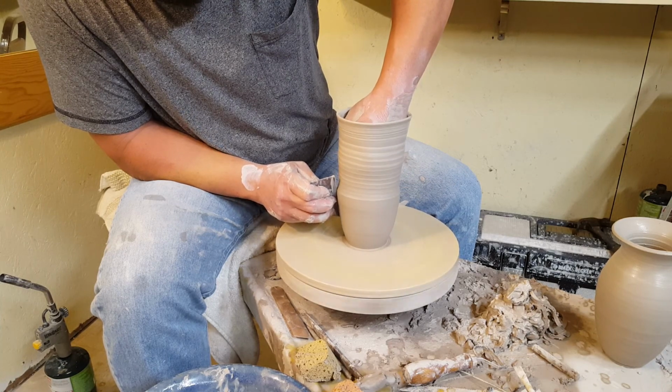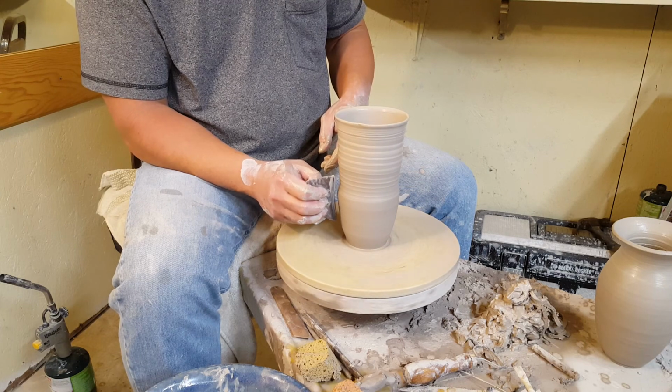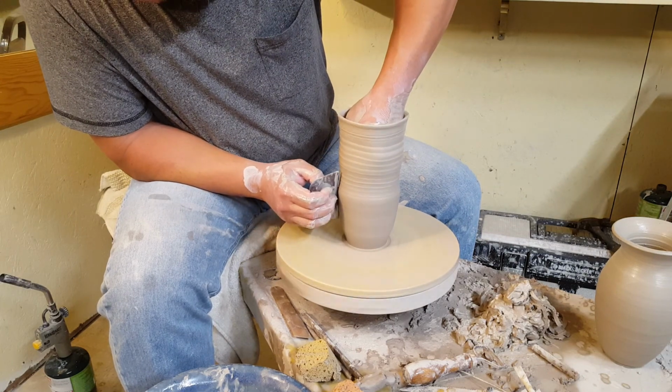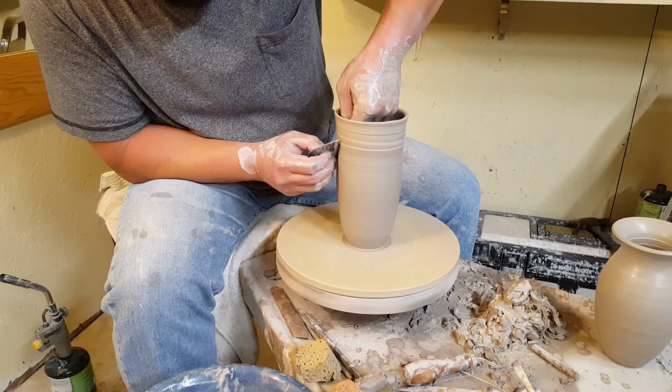Again, minimal contact. Try not to hold the rib against the clay this way. Just turning it slightly will reduce the amount of contact you make with the clay and will reduce the amount of twisting and torquing